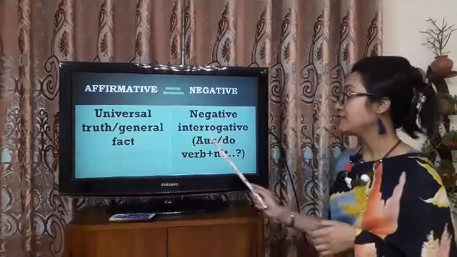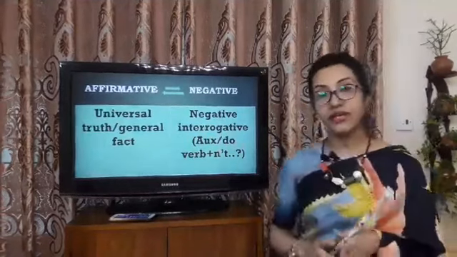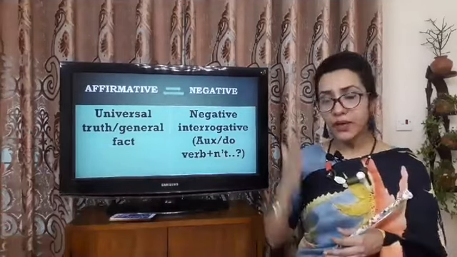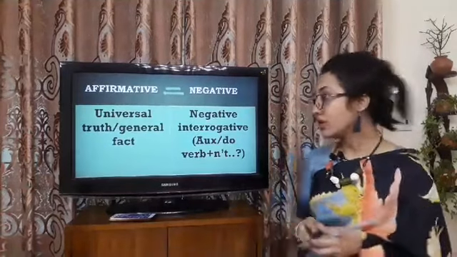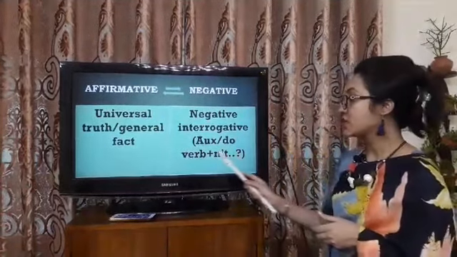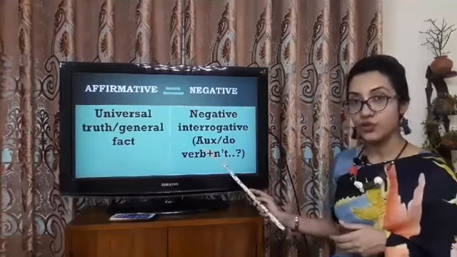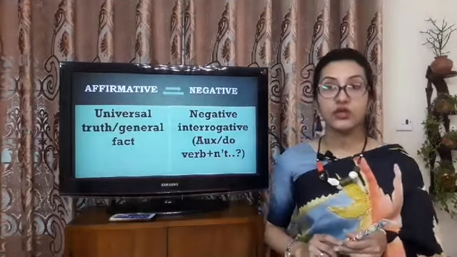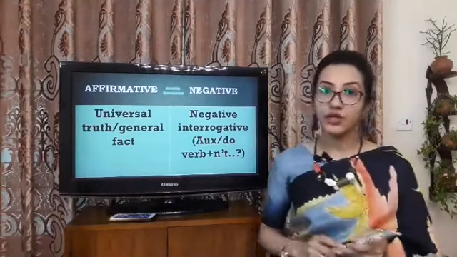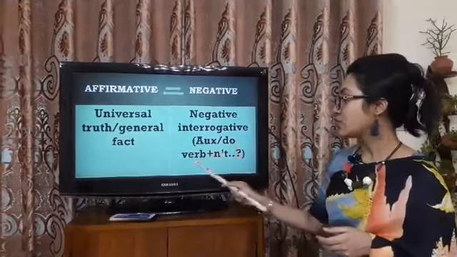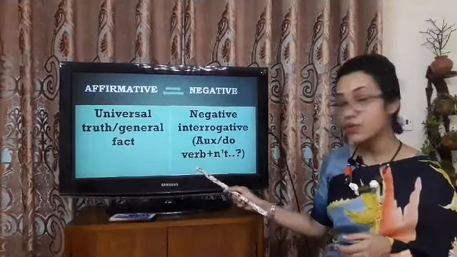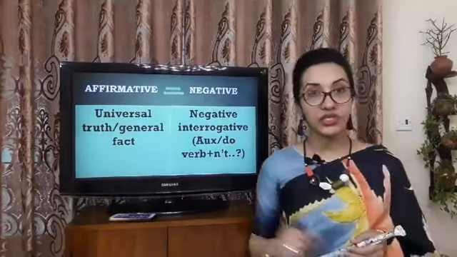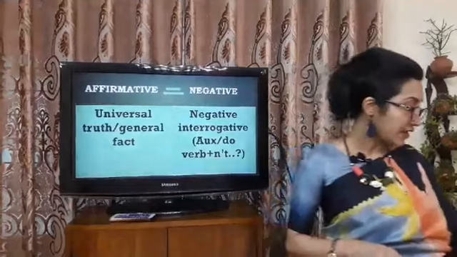নেগেটিভ ইন্টারোগেটিভ কেন করছি? So the rule is, if you have universal truth or general fact in affirmative sentence, make it negative interrogative. How can we make it negative interrogative? যদি be verb থাকে, তাহলে be verb-টাকে সামনে নিয়ে আসব, then আমরা not ইউজ করে দেব. যদি do verb থাকে, do, does, did এই ধরনের ভার্ব থাকে, সেটাকে সামনে নিয়ে এসে not ইউজ করে বাকি অংশ লিখে ফেললে আমার হয়ে যাচ্ছে নেগেটিভ ইন্টারোগেটিভ. For example,